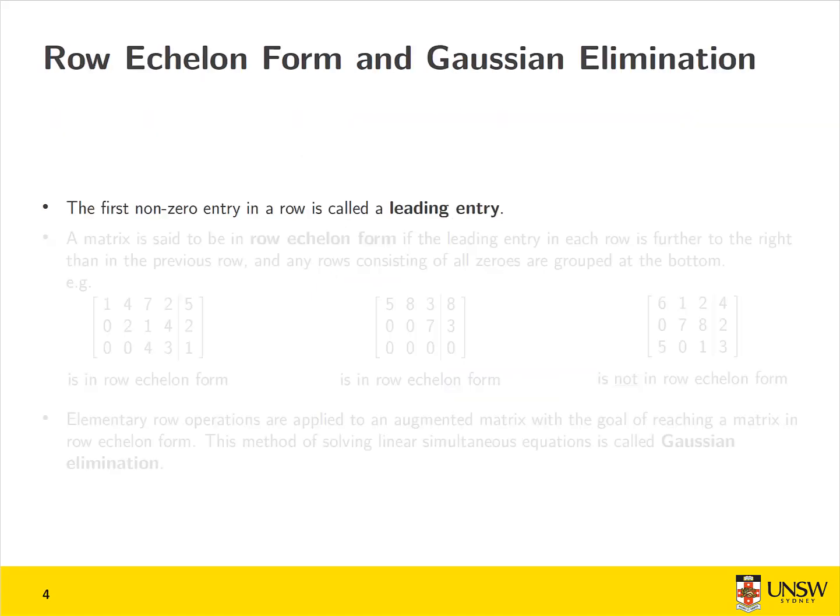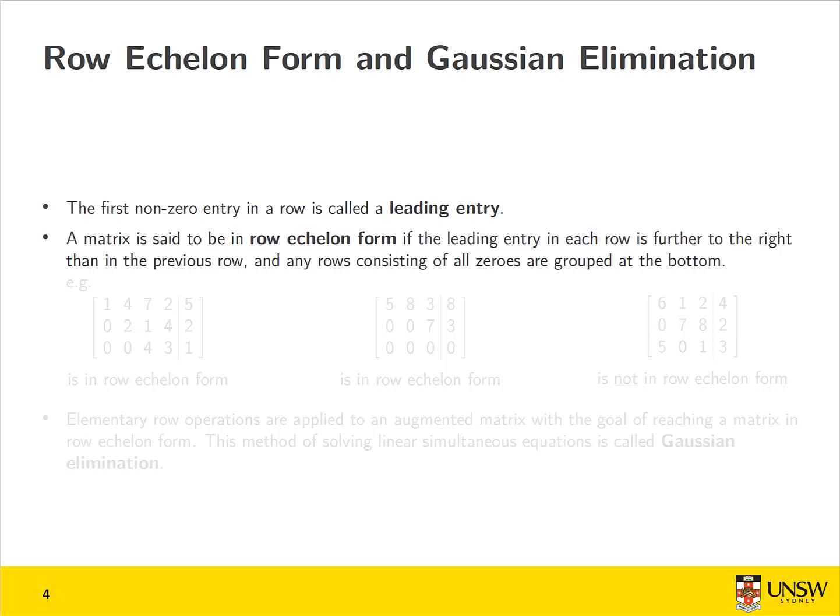Our goal in applying these elementary row operations is to make the augmented matrix simpler, so that the system's solutions can be easily deduced from it. So we should establish what makes an augmented matrix simple. We'll call the first non-zero entry in a row the leading entry of that row. A simplified matrix is said to be in row echelon form if in each row the leading entry is further to the right than in the previous row, and any rows without leading entries are grouped at the bottom of